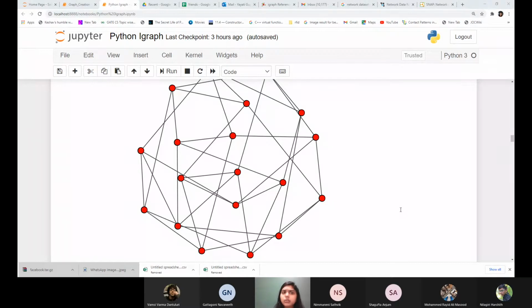You can actually represent both directed as well as undirected graphs using an adjacency matrix. The only difference is that for undirected graphs, it will be symmetric. So if you have an edge from 1 to 2, you'll always have an edge from 2 to 1 because it is undirected. In the case of directed, you can again build an adjacency matrix, just that it will not be a symmetric matrix. The disadvantage is, as you said, computation time.